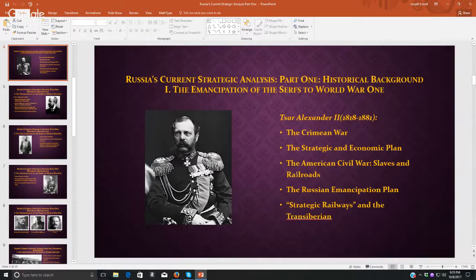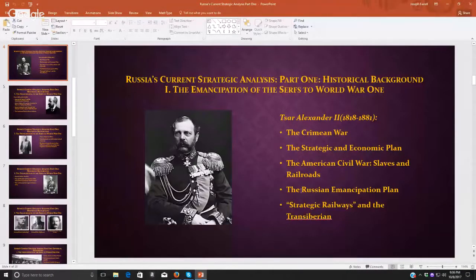And this is changing the nature of warfare. So railroads now become part of the strategic military calculation of the European powers, including, of course, Russia. So as part of the effort to emancipate the Russian serfs and begin a process of modernization and industrialization in Russia, the Russian Emancipation Plan, and this is partly the strategic calculus behind Russia's support for the Union during the